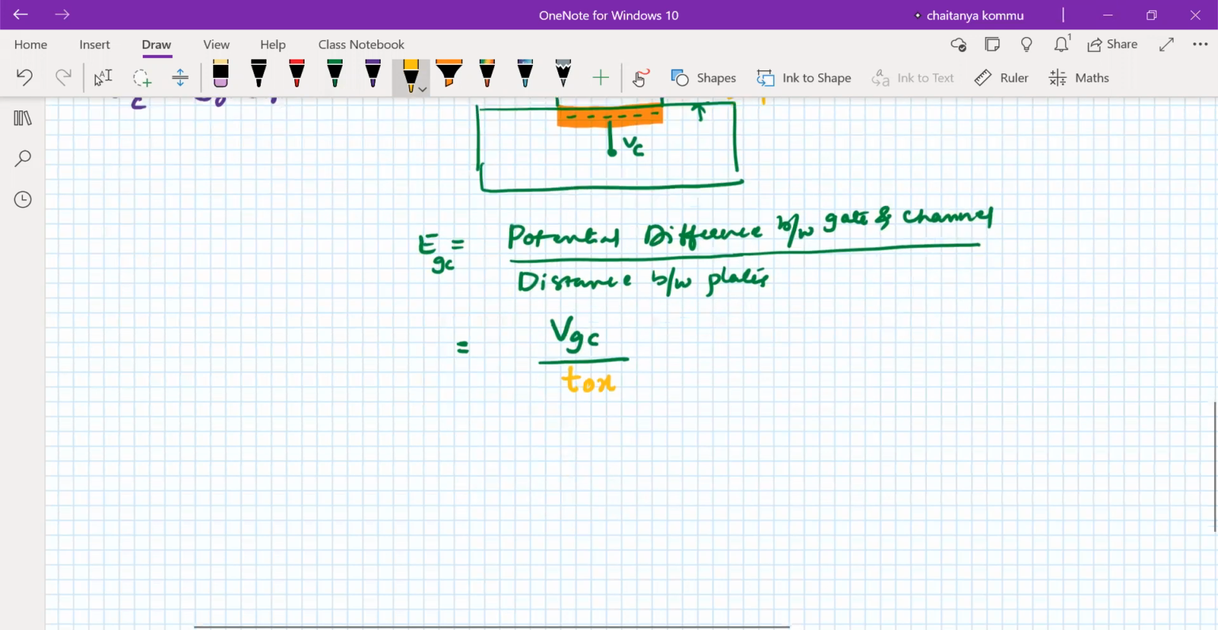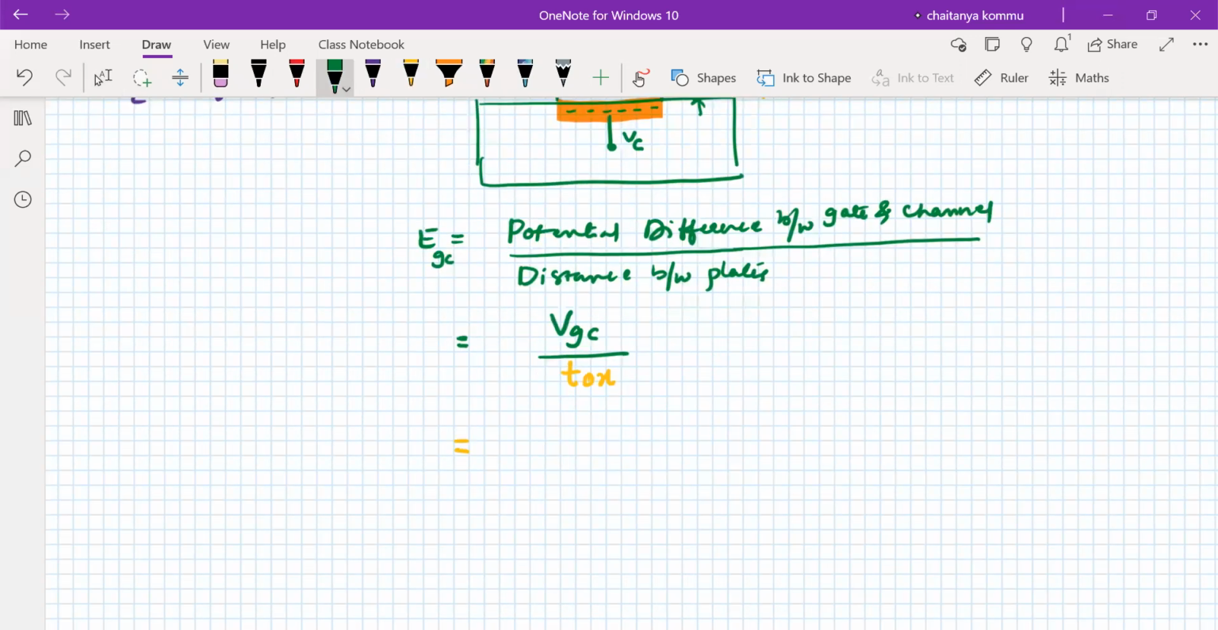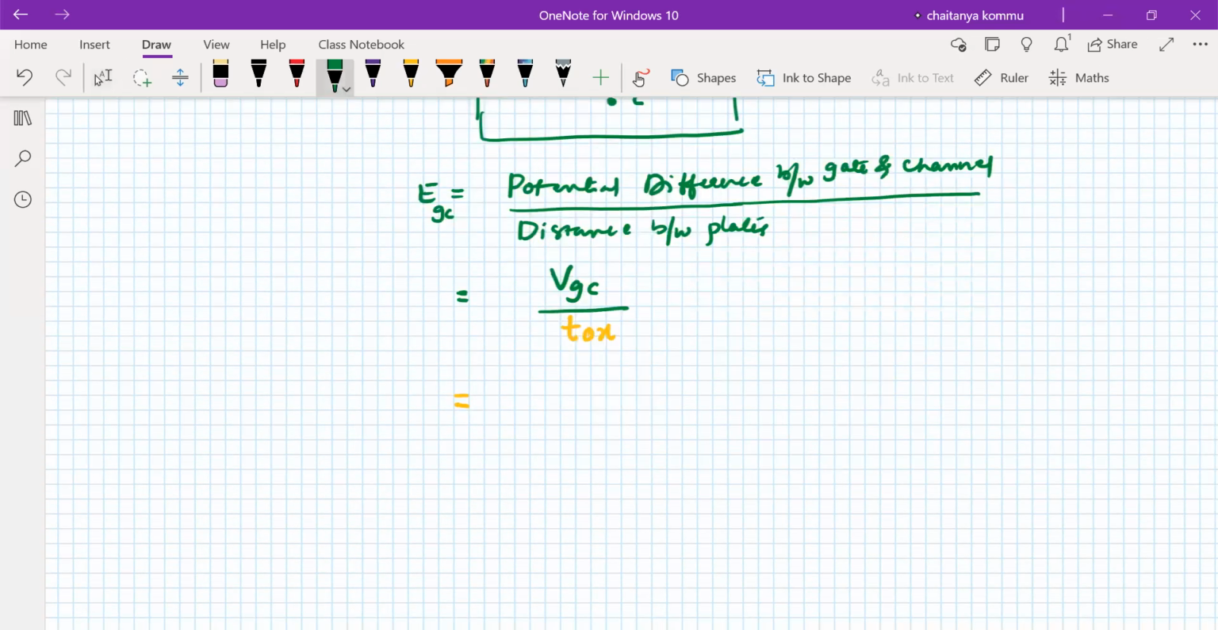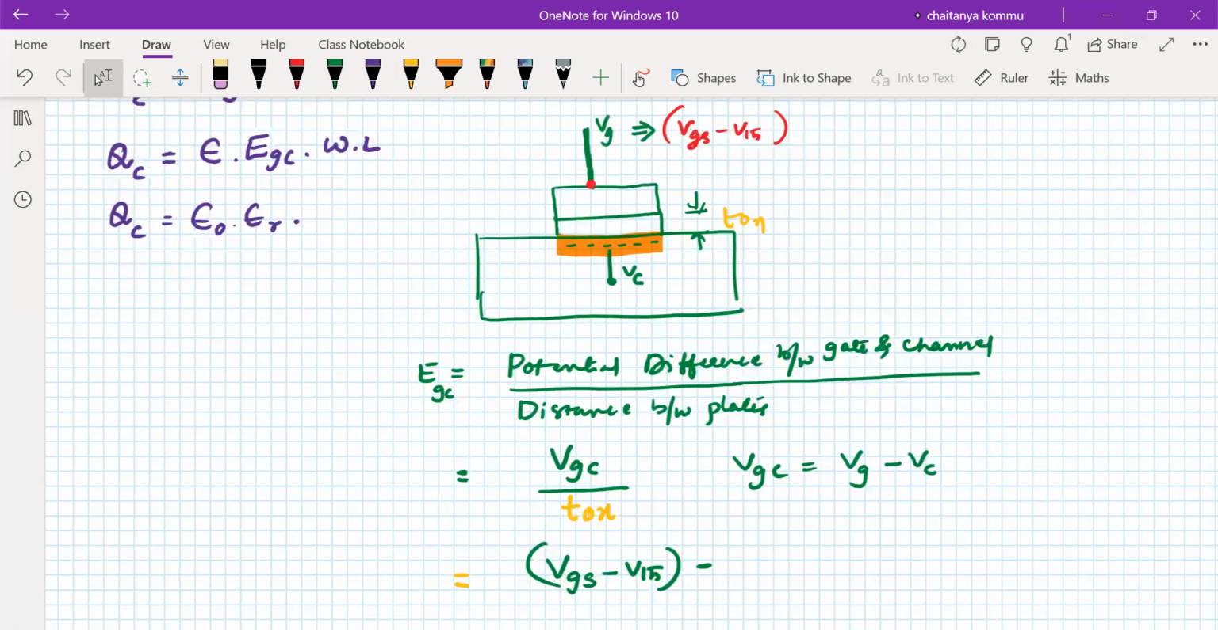Clear? Now what do we define this VGC here? The potential difference between gate and channel. What is the potential that is required at the gate? The potential at the gate is VGS minus VTH, right? So this is the voltage that we have to apply at the gate. Then only the charge carriers will be generated, or the inversion layer is formed under the silicon dioxide. So VGC is nothing but the gate voltage minus the channel voltage. That's what we normally write. So VG is what I have written, VGS minus VTH. What is the VC? The voltage across the channel